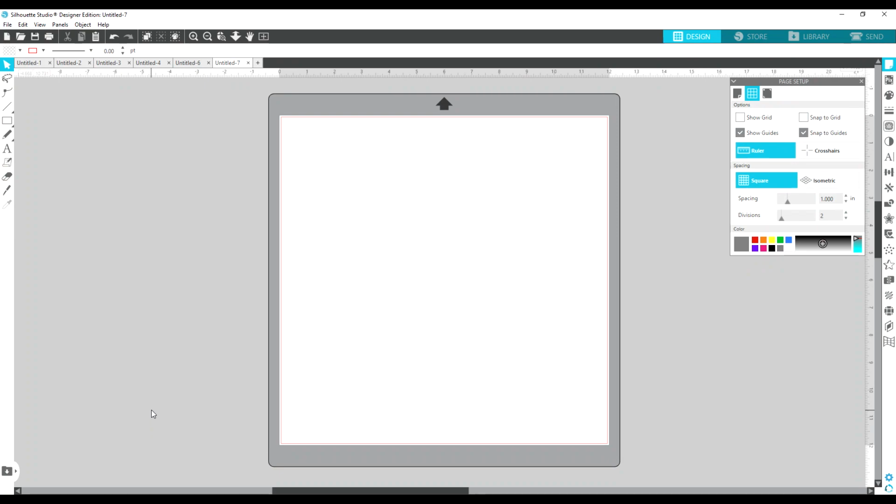Okay, so we'll come over to a new Design Space now, and I will show you how you can create a stitched border around a design that you've cut from a background. So for the purposes of this demonstration, I am just going to show you how I might create a